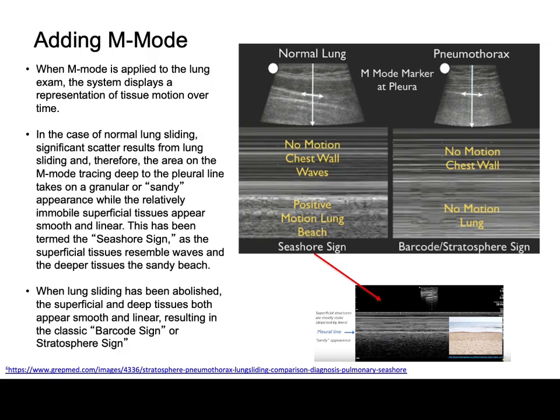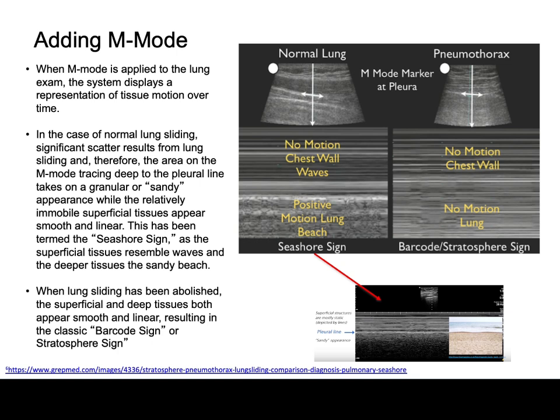Sometimes it can be challenging to visualize pleural sliding. One way you can assist yourself is by adding M-mode using the linear probe. When M-mode is applied to the lung exam, as previously discussed, the system displays a representation of tissue motion over time. In the case of normal lung sliding, significant scatter results from lung sliding, and therefore the area on the M-mode tracing deep to the pleural line takes on a granular or sandy appearance, while the relatively immobile superficial tissues